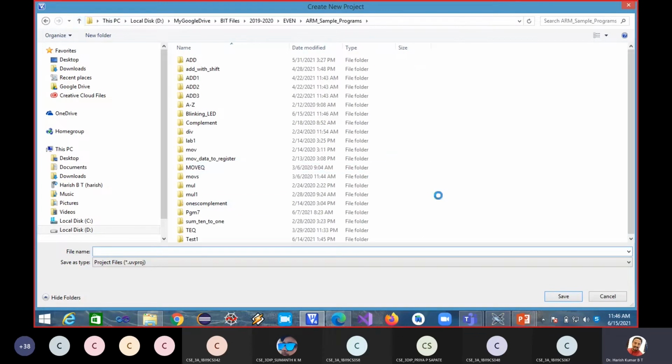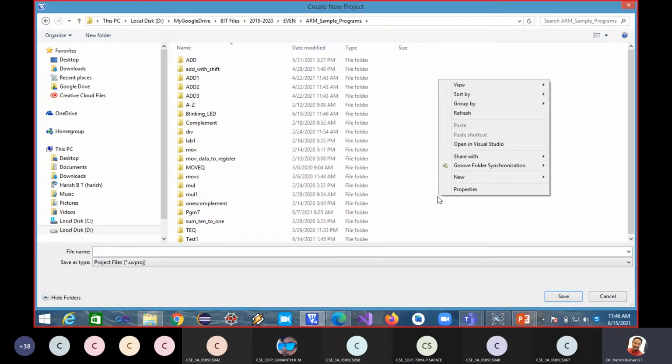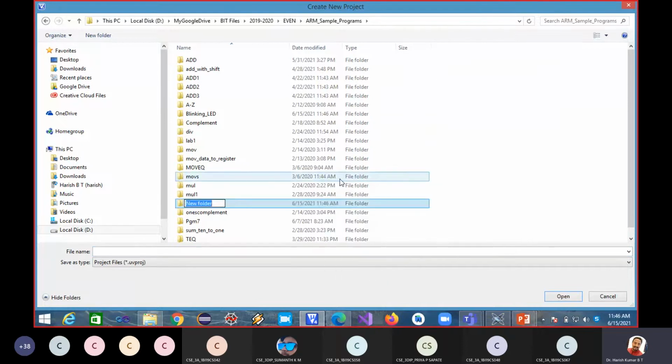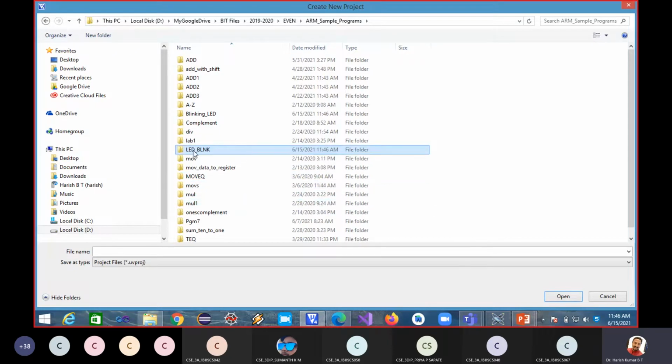Let me create a new folder. So I'm creating a new folder. So LED blink is the folder name which I'm creating.